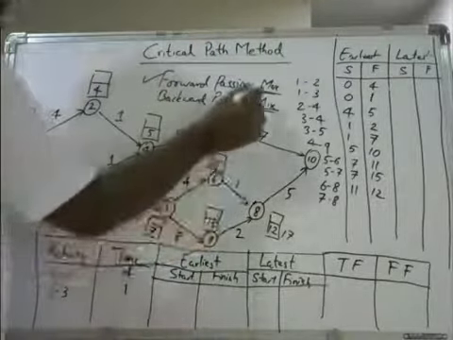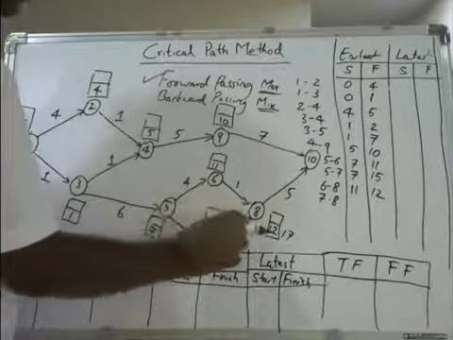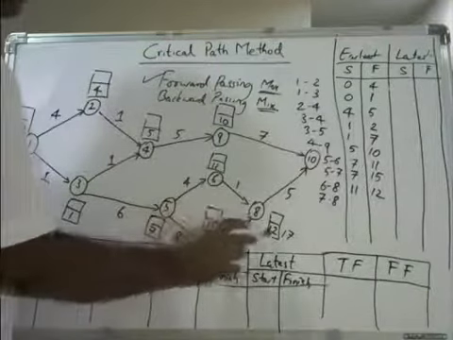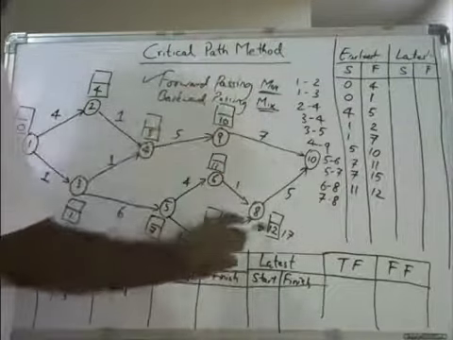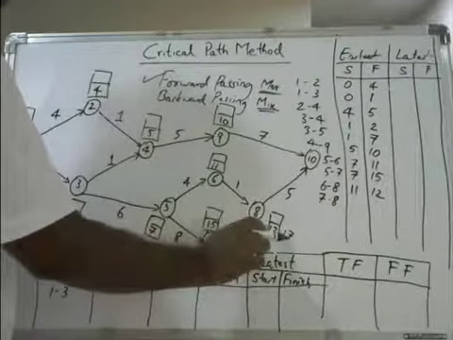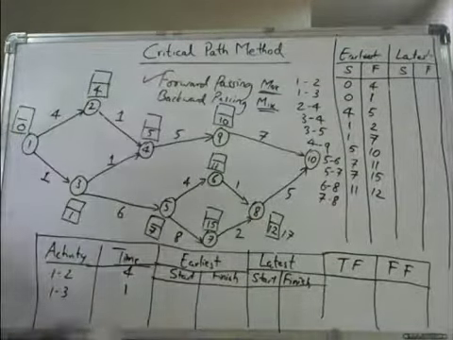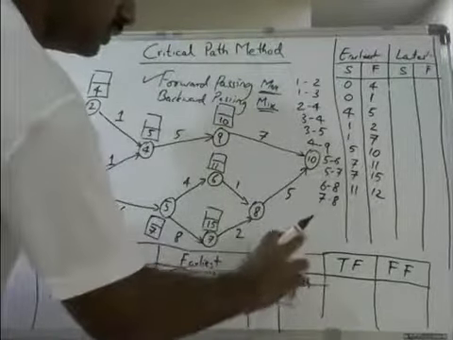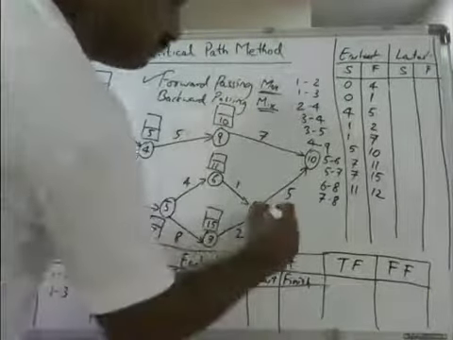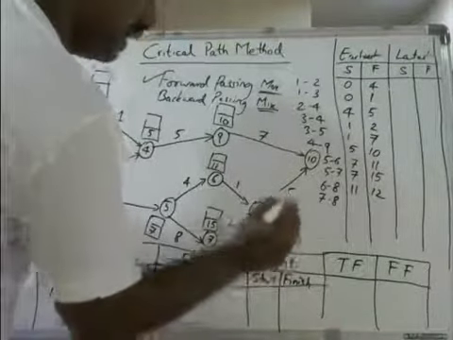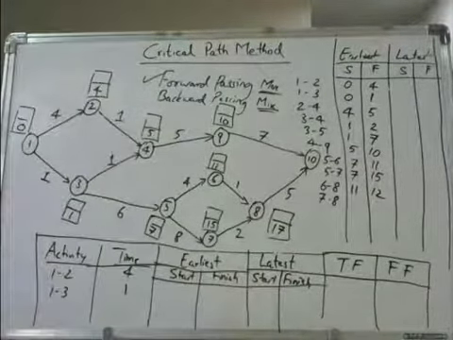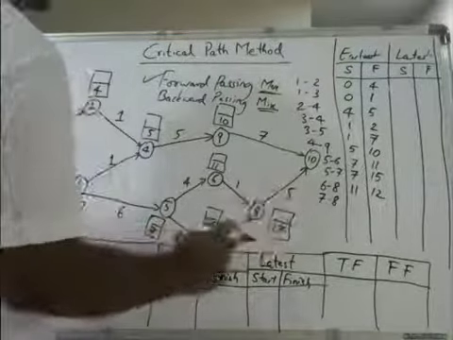So you need to take maximum. From 6 to 8 you are getting 12. From 7 to 8 you are getting 17. So which one should you take? Maximum, forward passing. So instead of 12, I will take 17. So what I will do? I will write. Better you use pencil when I write it first and then you can take it. I will write 17 here. Okay. Then the last one, that is 7 to 8.